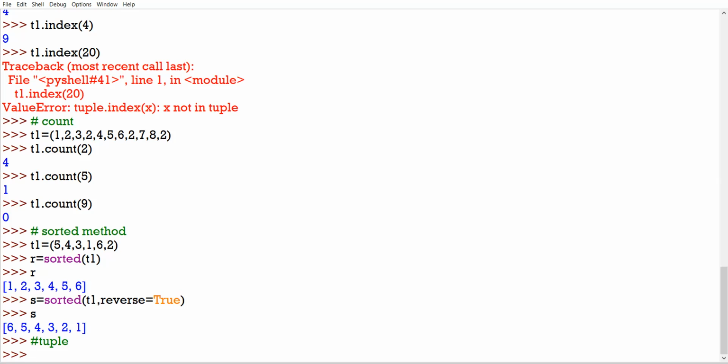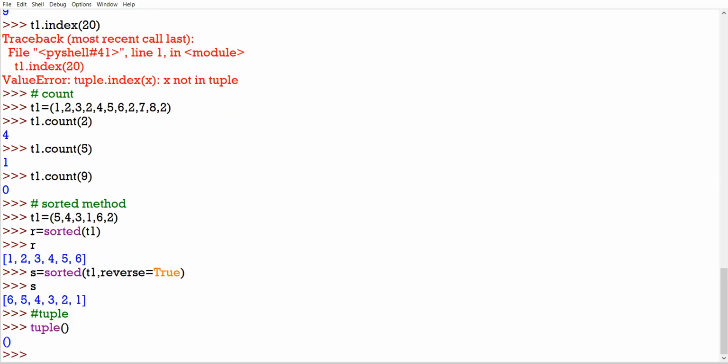Suppose I want to create an empty tuple. So I say the tuple method with empty brackets. This will create an empty tuple. Now I say S equal to tuple('hello').